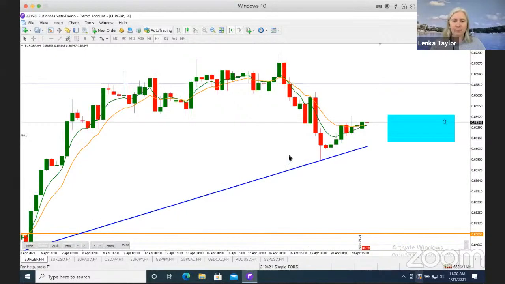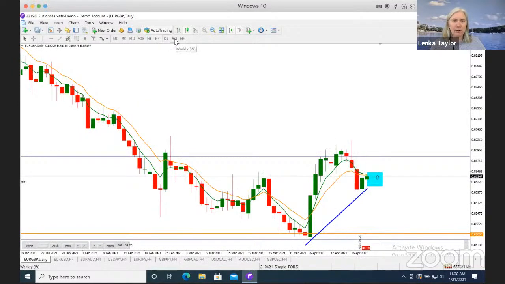I'm going to start sharing my screen and we're going to look at some charts today on the 4-hour time frame. Today I'm going to start with Euro GBP on the 4-hour time frame. For this currency pair, I'm looking for a long at the moment